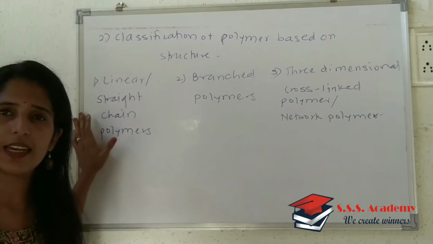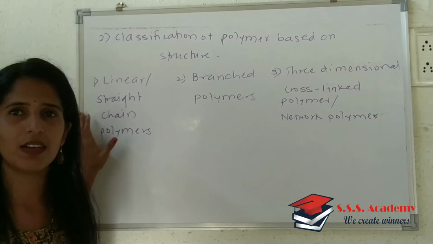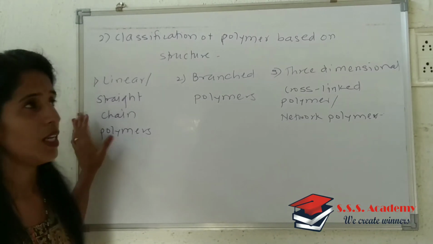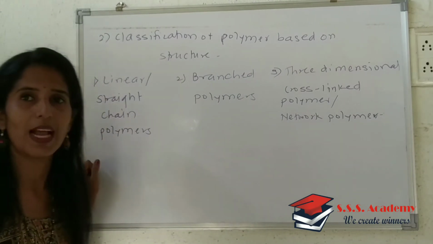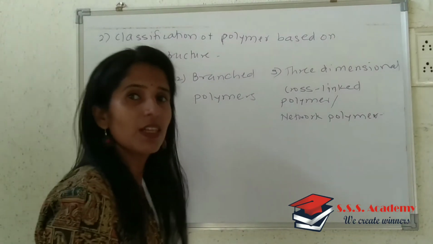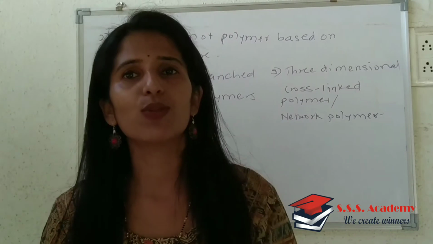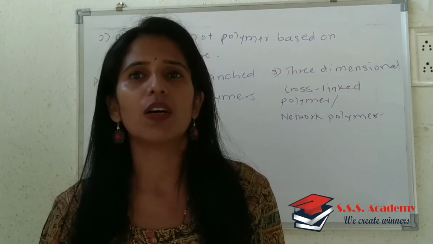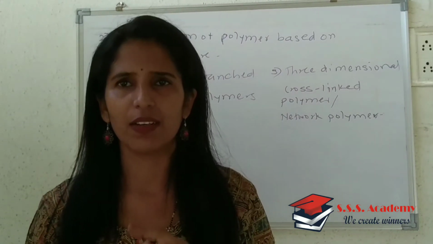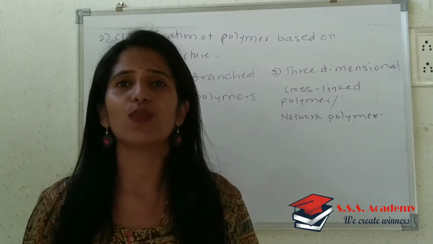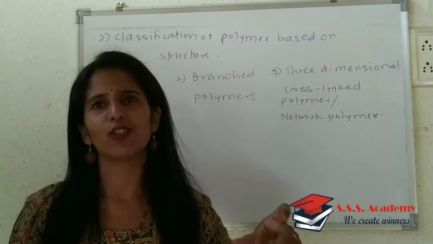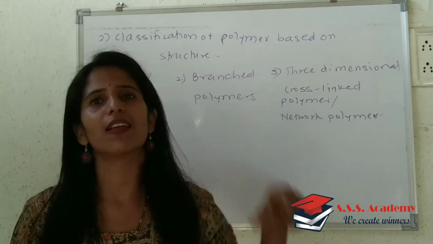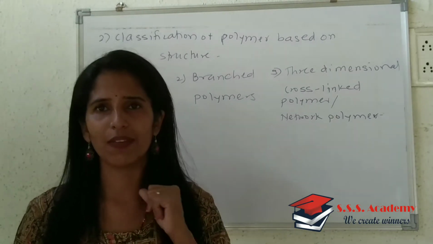The name itself indicates that as far as the linear or straight chain polymer is concerned, since we are discussing structure, the structure for that first type of polymer has to be linear. It means whatever monomer molecules are there should attach to one another in a somewhat linear way, and that's why it results in the formation of a somewhat straight chain. So as far as the whole polymeric chain is concerned, there is a somewhat linear arrangement of the monomers. How? That we will see.